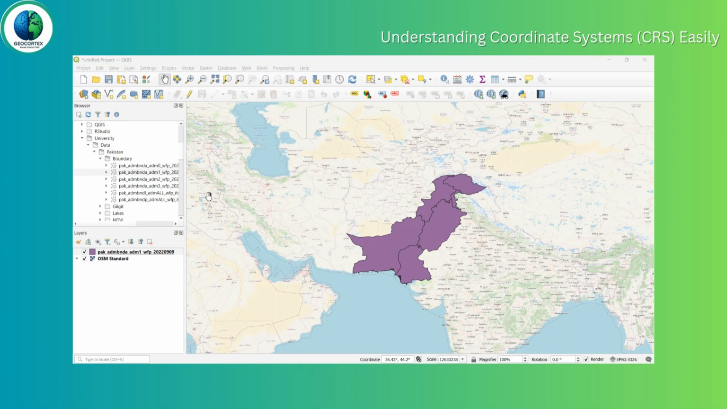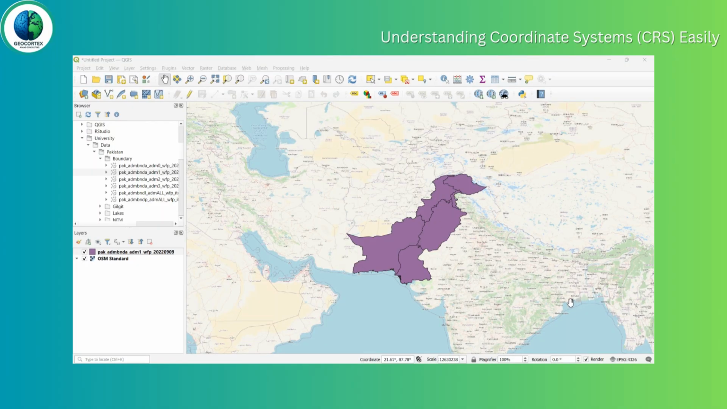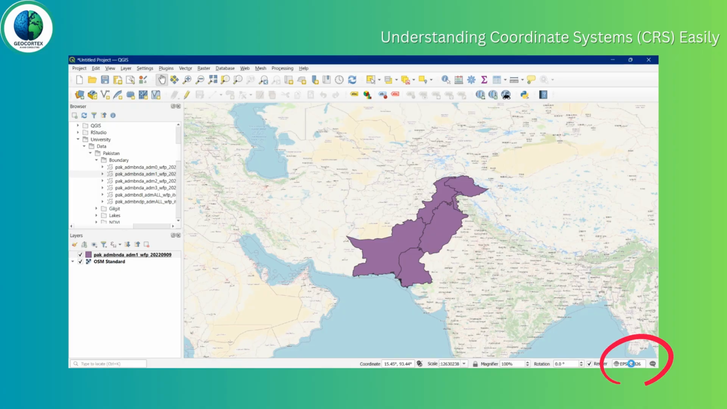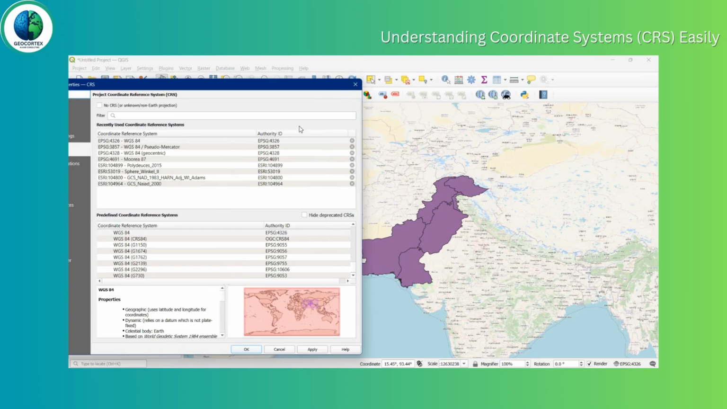Every CRS has a unique identifier called an EPSG code. For example, this is displayed here as EPSG 4326, which is WGS 84, and you can always find or change these codes from the bottom right CRS icon in QGIS. Sometimes, all layers are in different coordinate systems and don't align. So to fix this, you can click on this icon over here and select the specific CRS that you want to display it in. Right now, we are showing it in